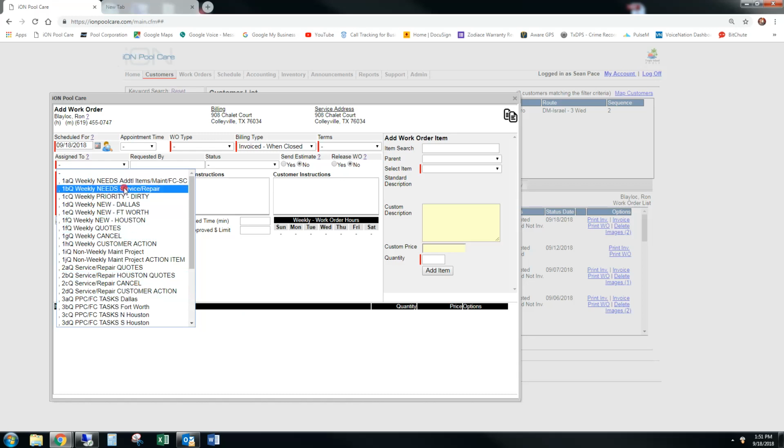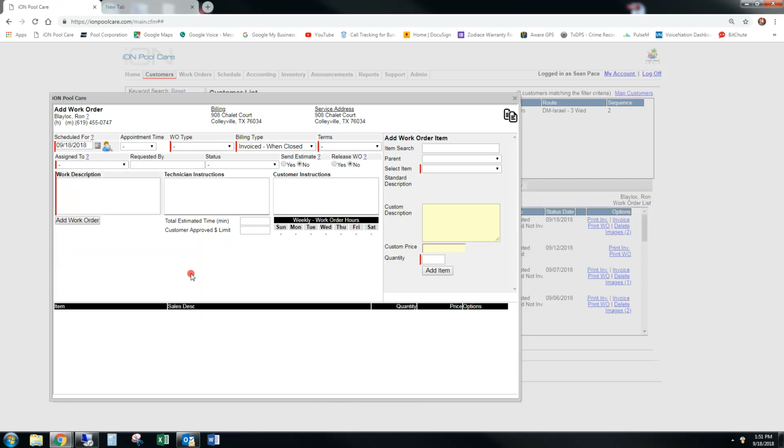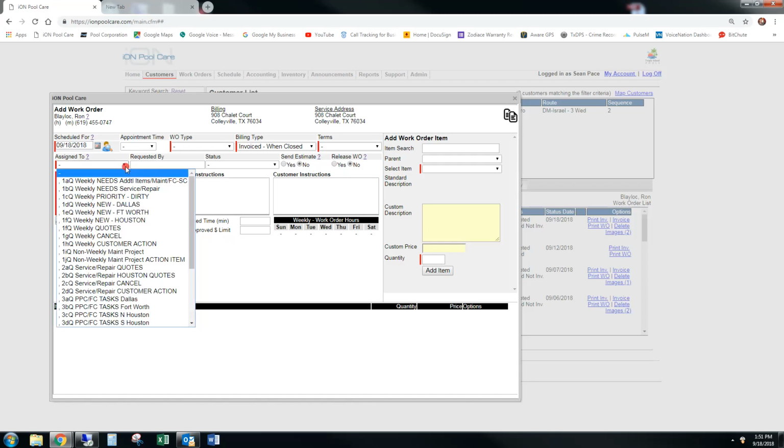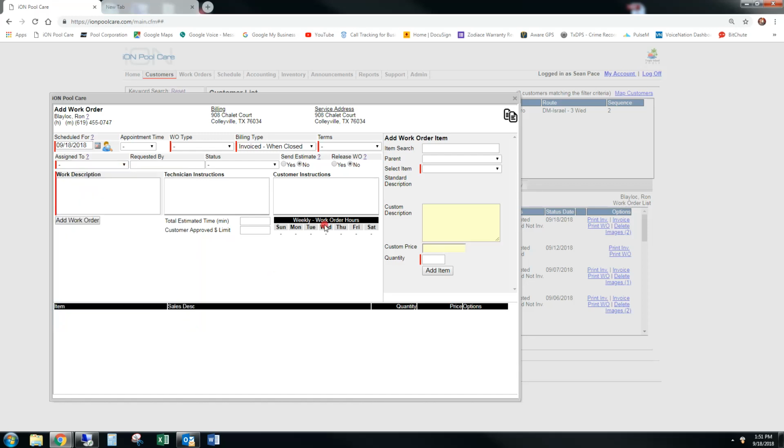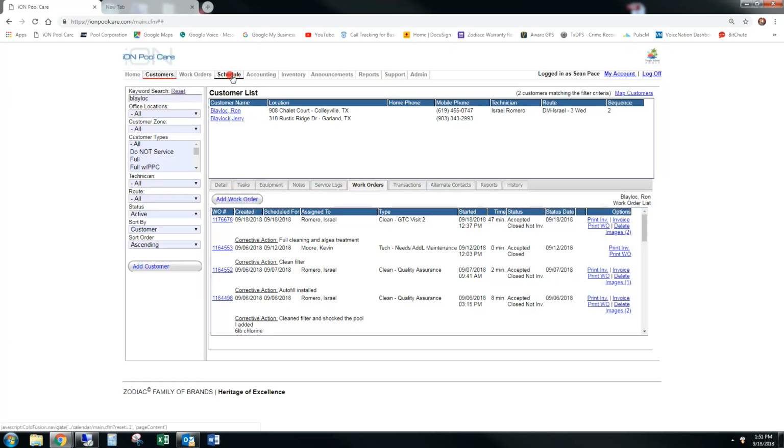There's a lot of these queues. They all have a purpose. A lot of them are somewhat self-explanatory. It's like all things, it's process repetition. Most of them are work order tracking queues that we can put stuff in. It's pretty rare that a lot of these even have to be used, but when they are needed, they come in really handy. It's a lot better than writing something on a piece of paper and hoping that you don't turn the page too many times and lose it. Just assign it to the appropriate queue, stick it on the scheduling board,